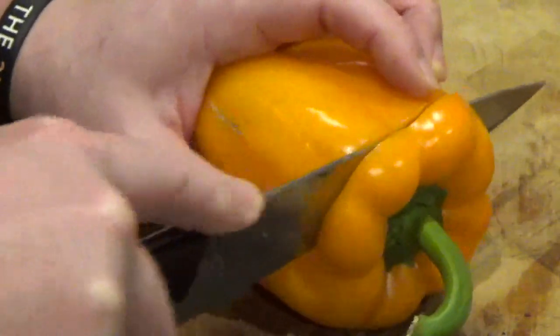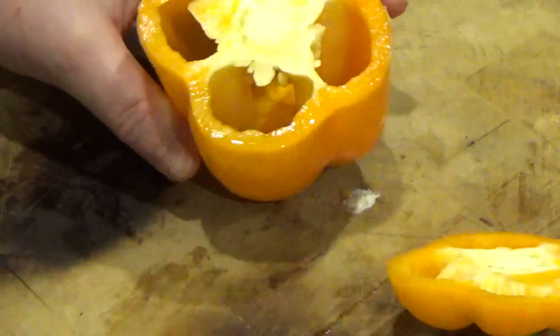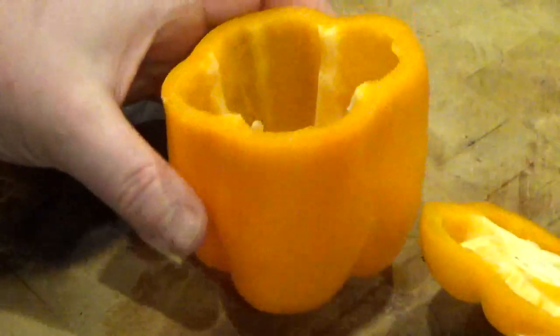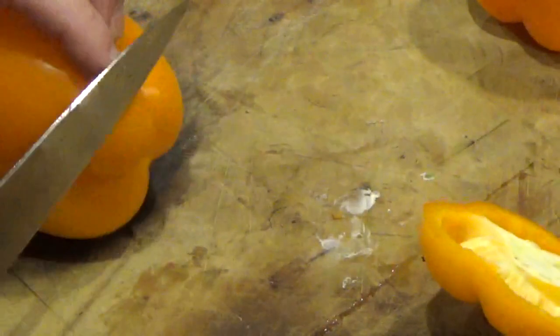just chop the top off these peppers and just take the insides out. Okay, so it's all emptied out and hollowed out. Also, you just want to check to make sure that they actually stand up straight. If they're a little bit wobbly, then what you can do is take a little bit off the bottom to make sure that they're straightened up. So this one's a little bit wonky, so what I'm going to do is